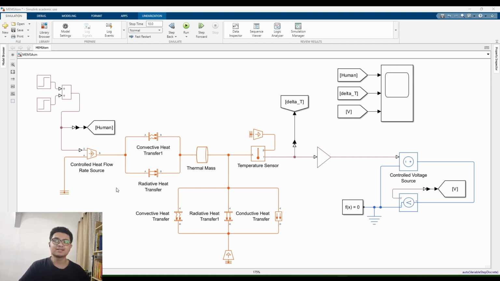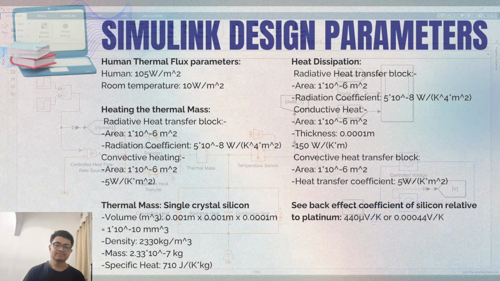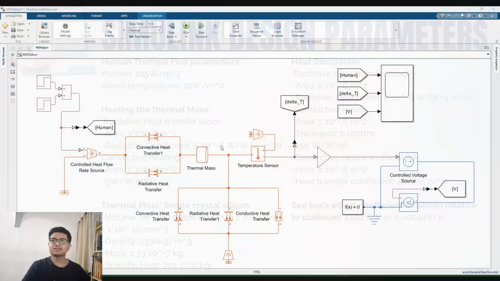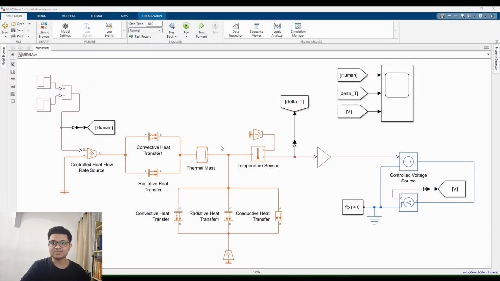human. The heat flux from the human body is transferred to the thermal mass, which represents the silicon material of the MEMS sensor. The thermal mass is modeled as a block of single crystal silicon with the following physical properties. In fact, here are all of the parameters used in this Simulink design. This thermal mass captures the energy absorbed through radiative and convective heat transfer mechanisms. To account for thermal energy loss, radiative, convective, and conductive heat transfer mechanisms are used to simulate the heat dissipation